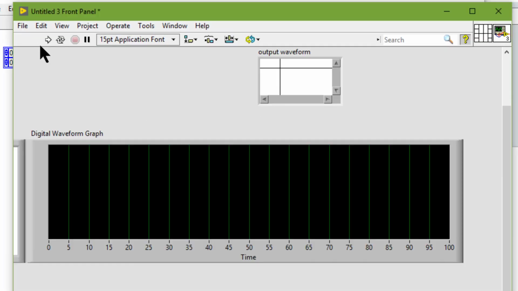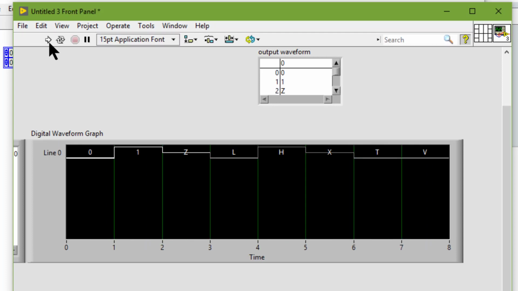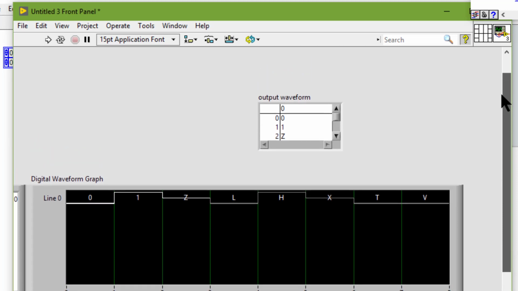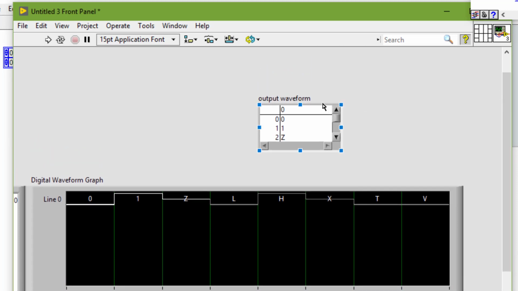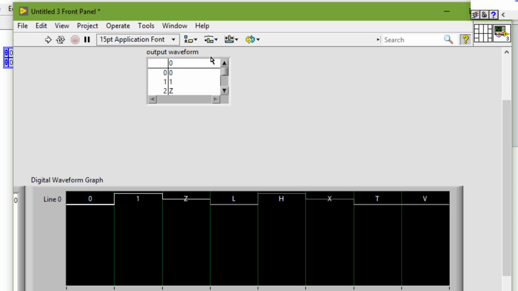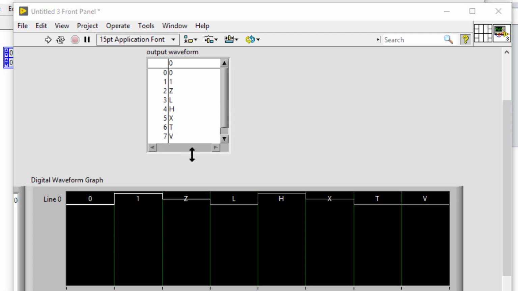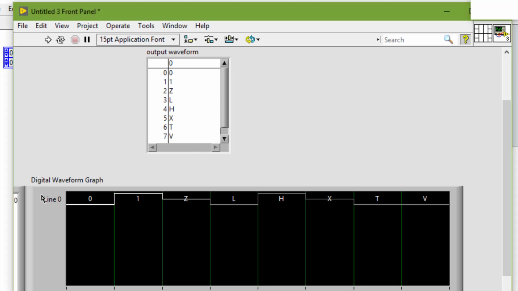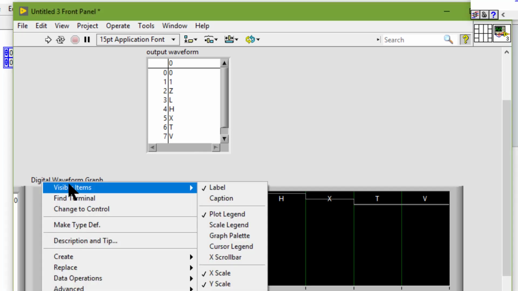Go to the front panel, run the VI once, arrange the front panel so that we can see the values. So let's just hide this label,